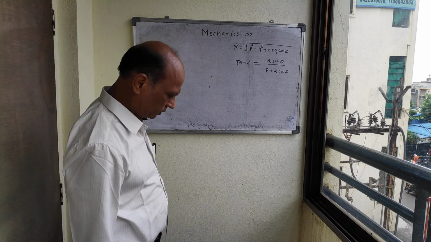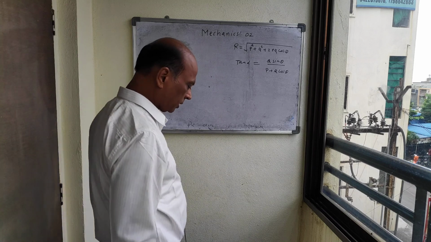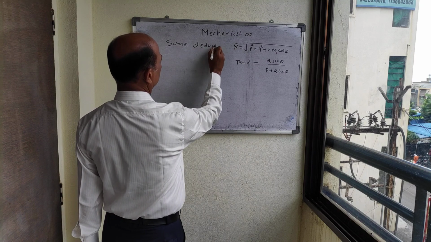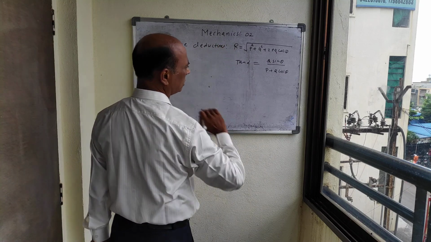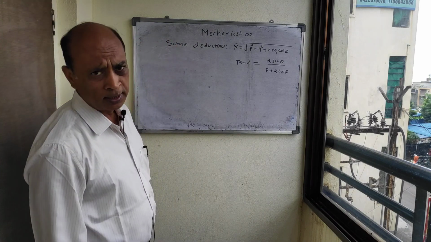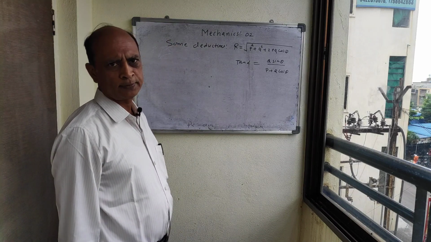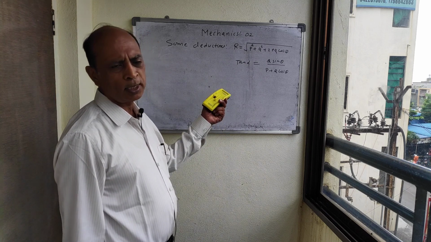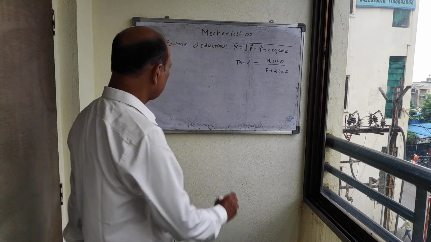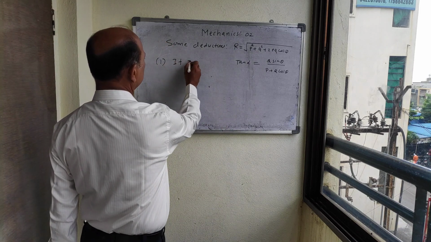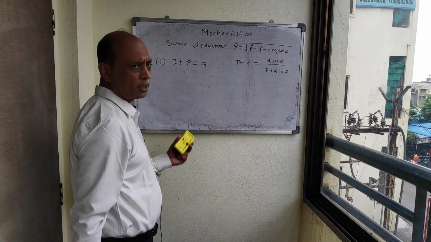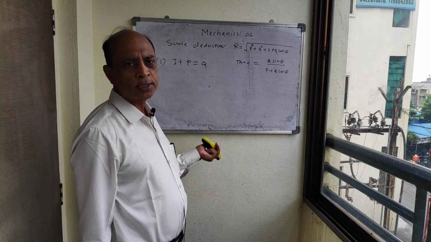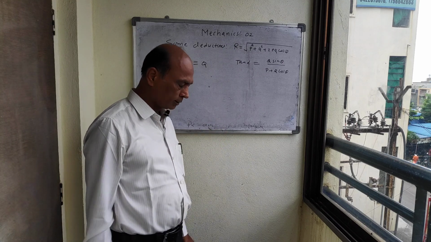Now today we have to derive some deductions, actually some results, some remarks regarding the resultant of these forces. So we will consider some cases by changing the value of theta. First, case number 1, if P is equal to Q. What does it mean? It means the magnitudes of the two forces P bar and Q bar are equal. Then what happens?